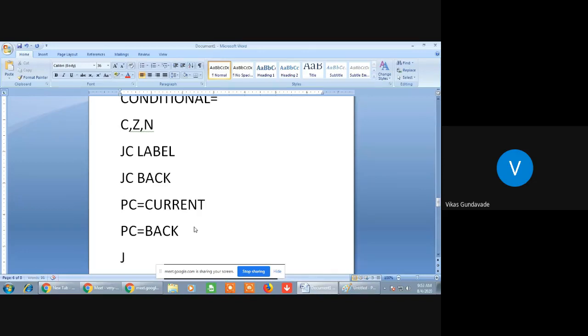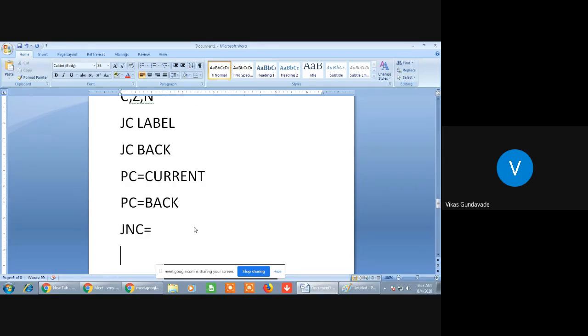Similarly, the next instruction will be JNC, that is, jump if no carry. It will check whether the carry is clear or reset. If the carry is reset, then only the jump will take place. Otherwise, it will execute the further instructions.